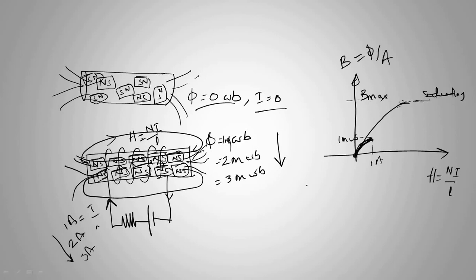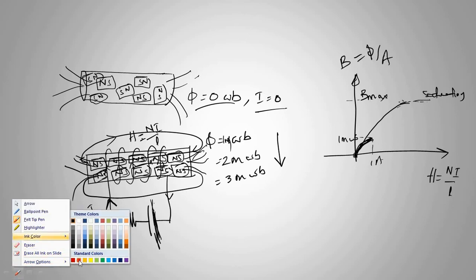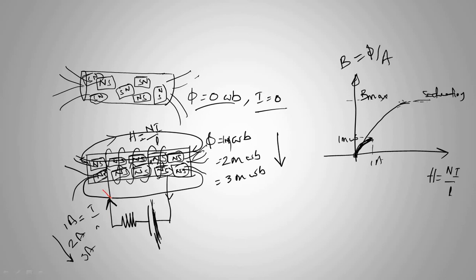So now what I am doing is changing the terminals of the supply, because hysteresis means it is the lag between input and output upon change in the direction of the input. So that's why I am changing the direction of the input, that is nothing but the current. So now the current is flowing like this, you can see here.